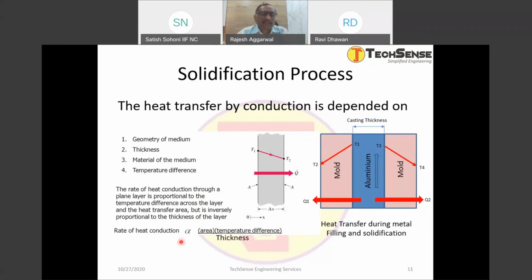Am I wrong? Yes. If the thickness is less, the rate of heat conduction will be more. The rate of heat transfer will be more. If the temperature difference is more, also the rate of heat transfer is more. If the thickness is more, the rate of heat transfer will be less. Right? Now, if we try to emulate these conditions, what we're talking about in the basic aluminum as a basic